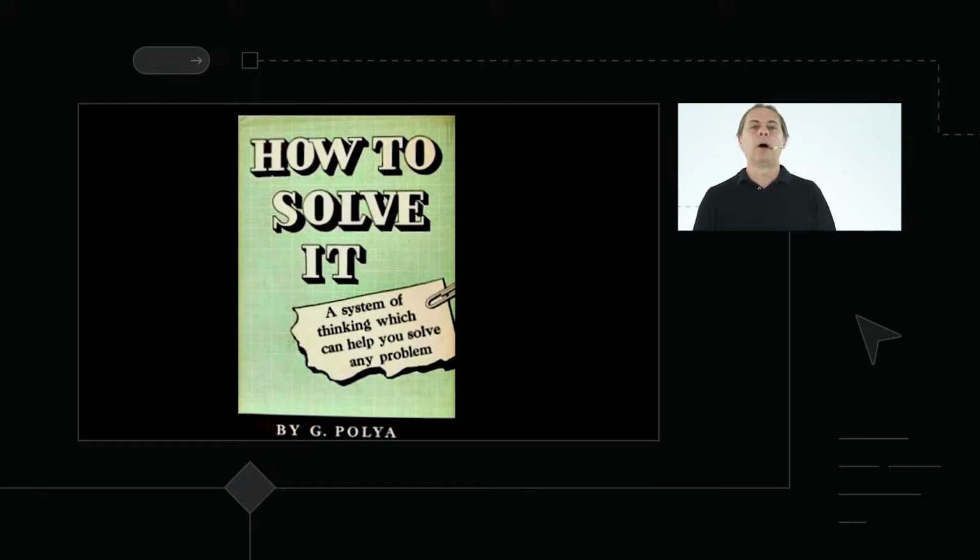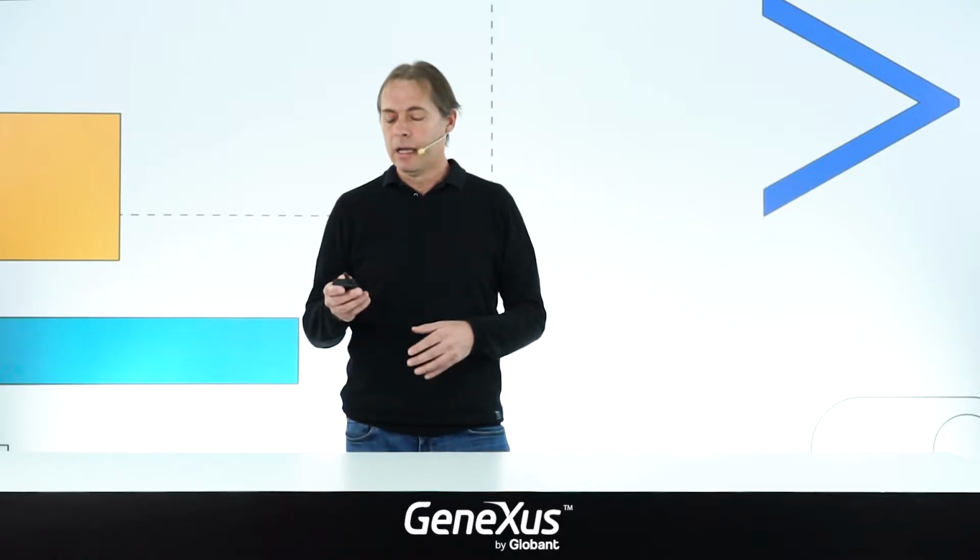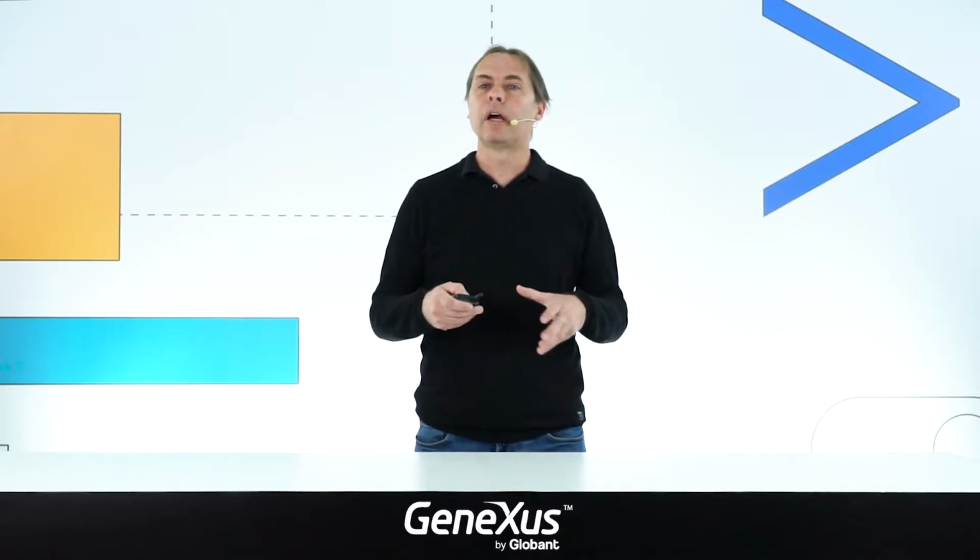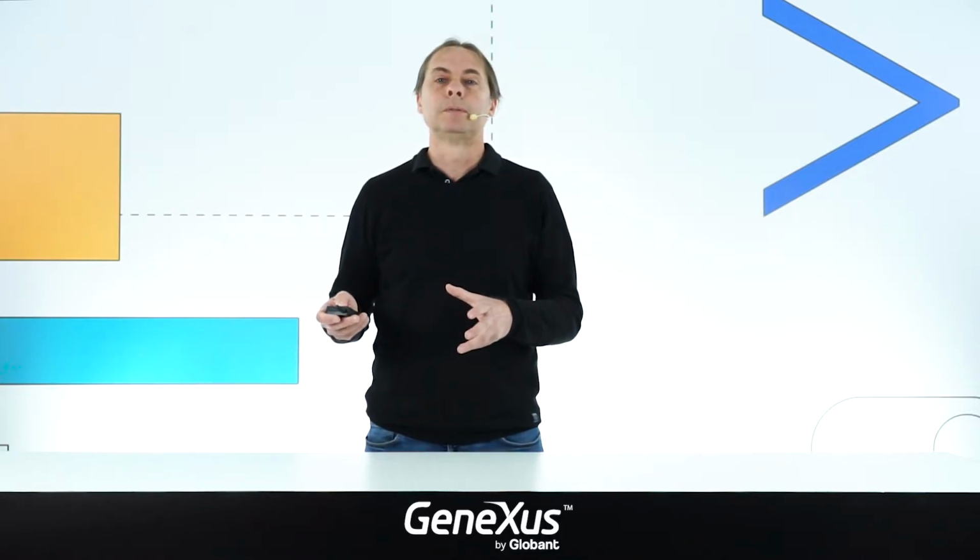In the book "How to Solve It," which dates back to 1945 and was created to solve mathematical problems, there is a method to overcome problems, which in a way is one of the methods that we have been using in GeneXus over time. The first step to overcome any of the obstacles that you may come across is to start by understanding the underlying problematics.